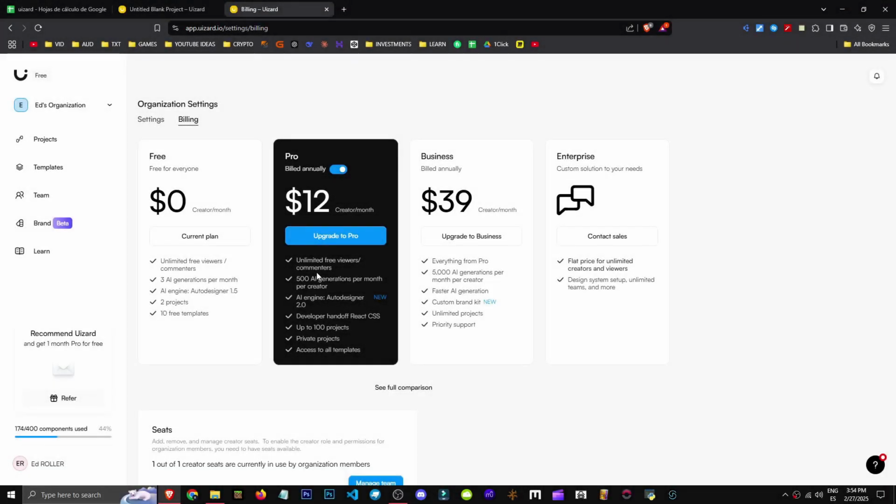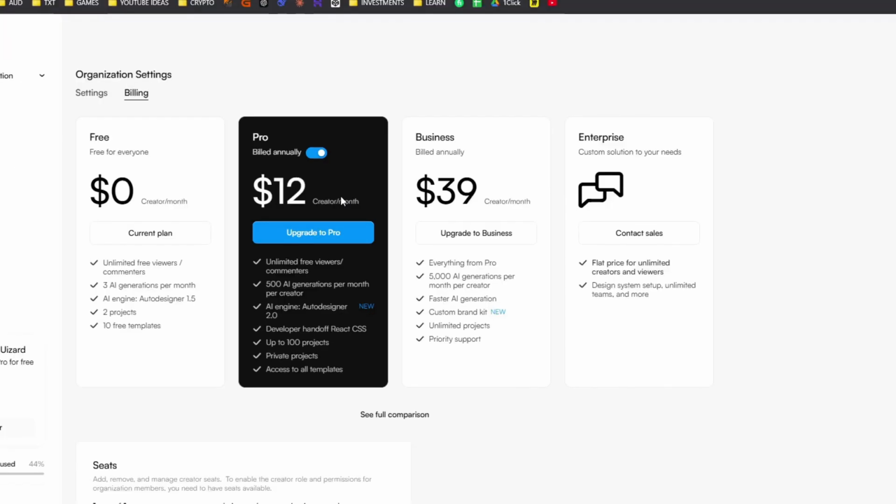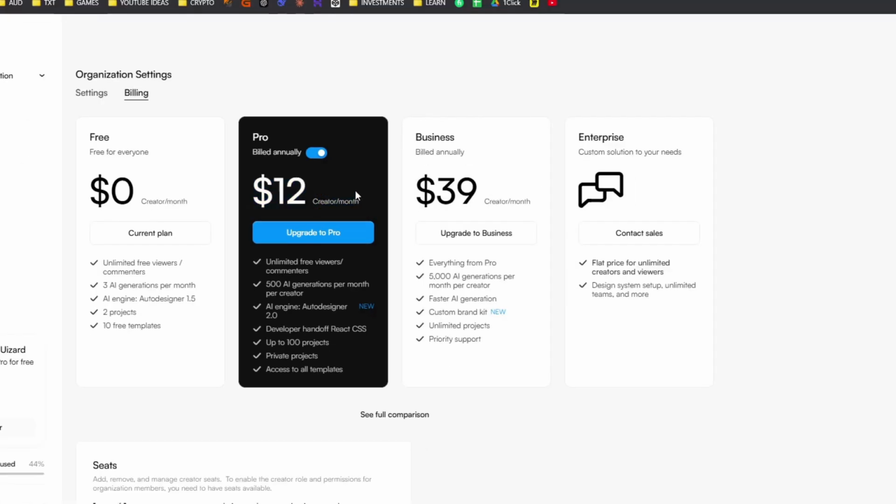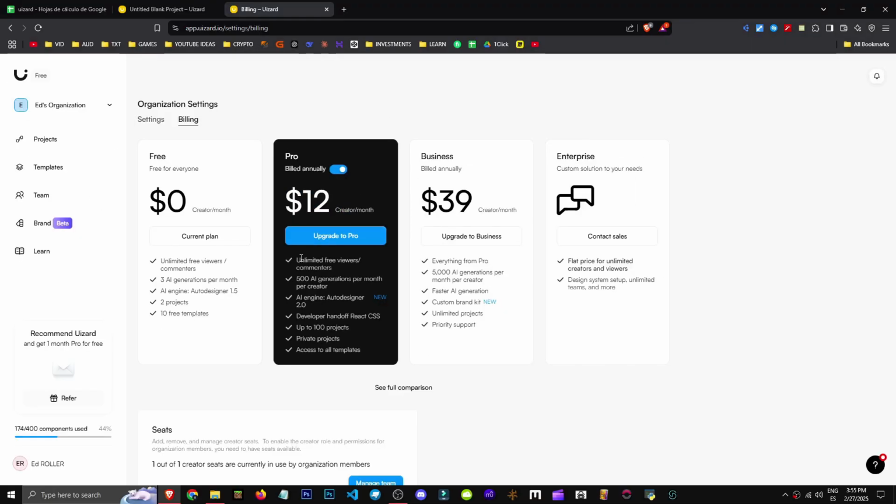Alright, let's discuss the payment plans for the Wizard tool. I must say it seems to be an excellent tool. I'll compare it with prices, or rather with other market tools like Templar, and basically the free tier is just a beta version. We have the Pro plan for $12 monthly, which they highly recommend. It offers